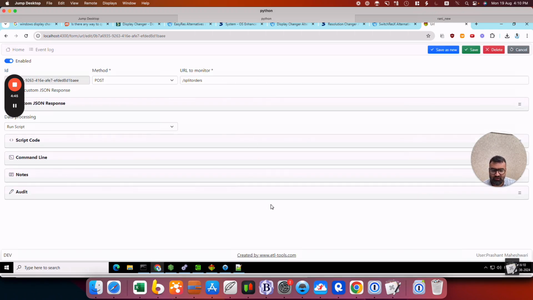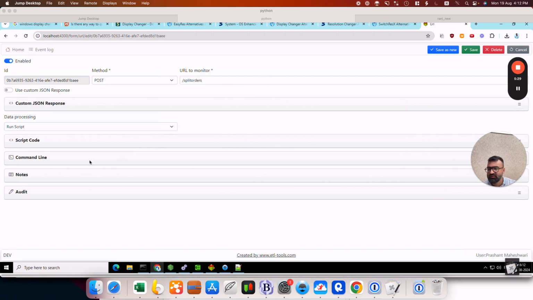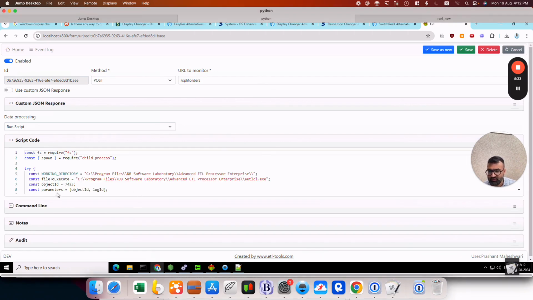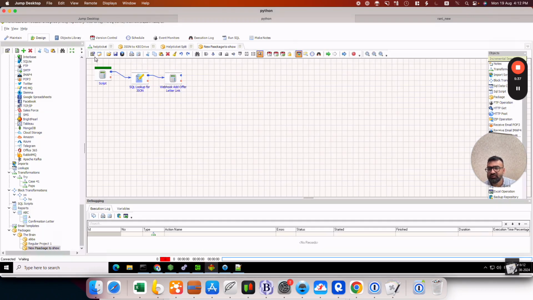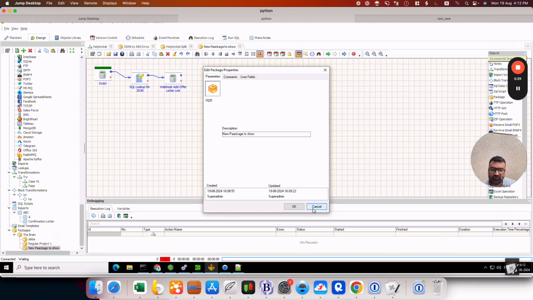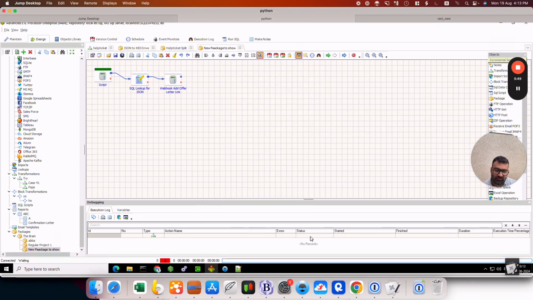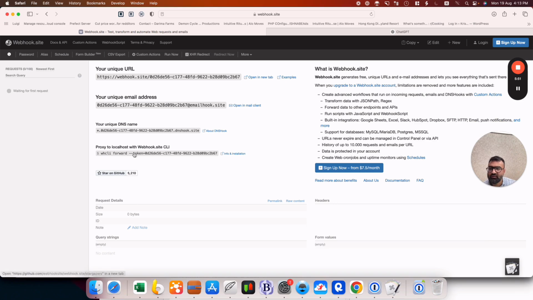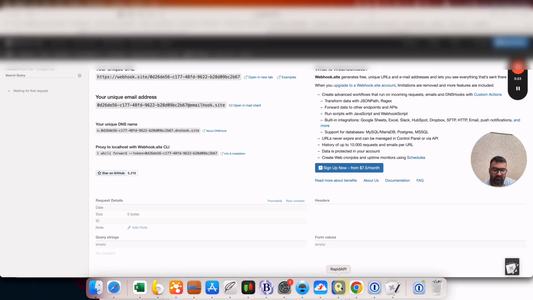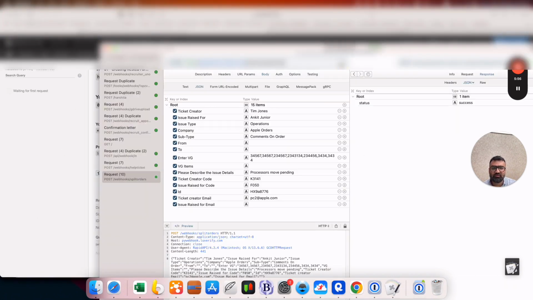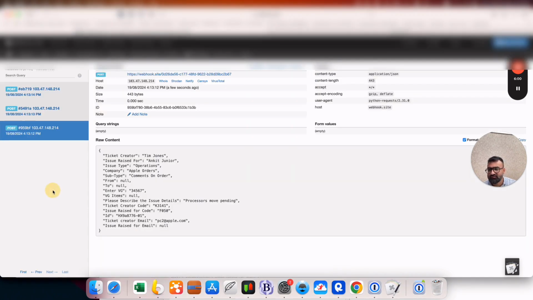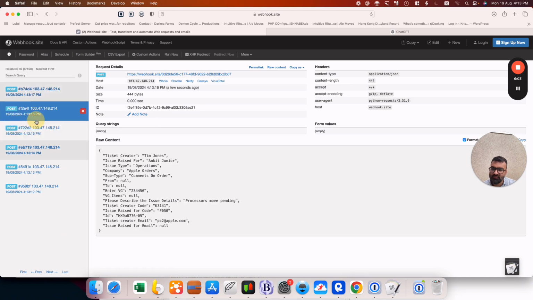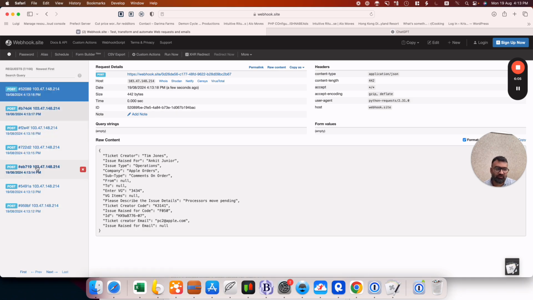The only thing that we are required to change is we come to script code. This object ID needs to be the package ID, so 7425. You click on save this to the repository. Now I have cleared this up. Let's try sending a webhook. Yes, this is super simple and